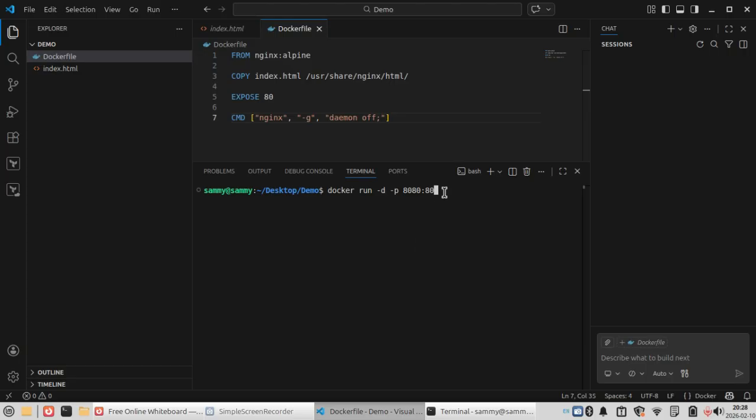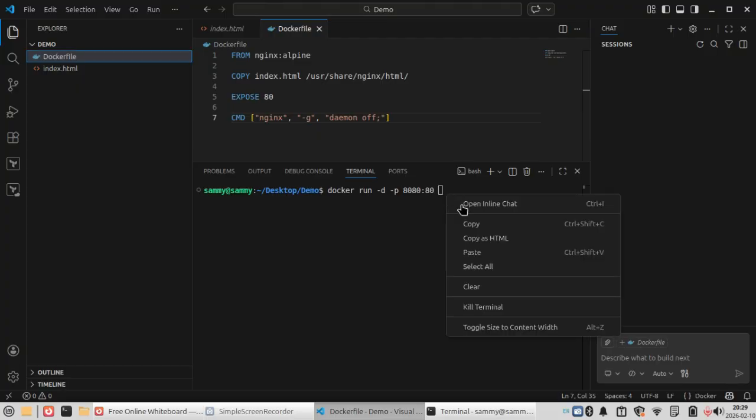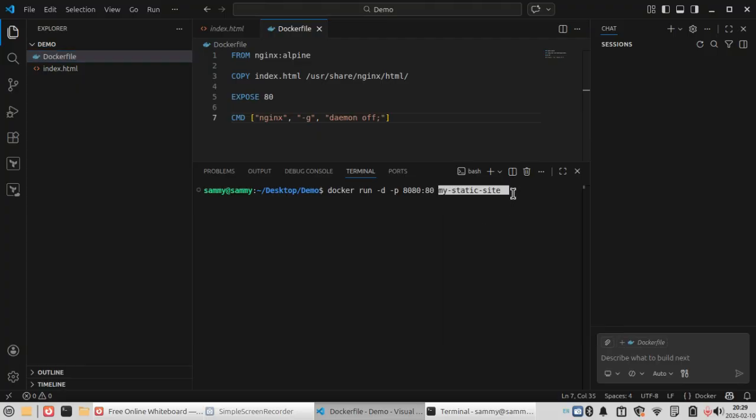So what this means is that the left side is the host port and the right side is the container port. 80 is the host port, 80 is the container port. We are simply mapping our host port to the port in the container. The next argument will be our image name, and the image name is my static site. So if I hit enter,